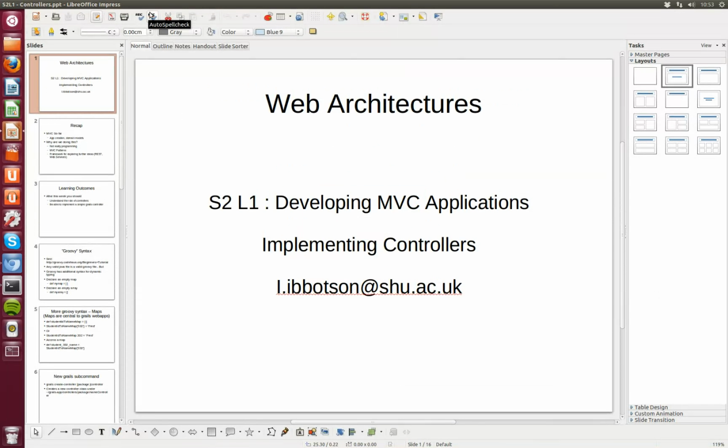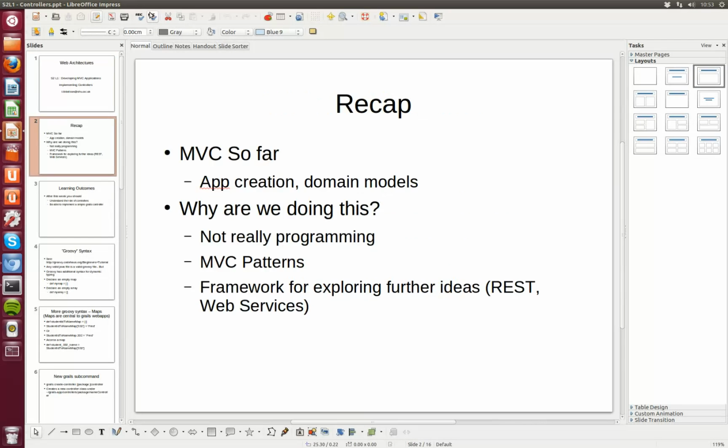Hello. So, screencast for lecture 1, which is about implementing controllers. So far we've been looking at MVC architectures and we've focused on the model part, so defining our data model, usually in terms of a UML class diagram, realizing that in a class structure that we're then turning into a